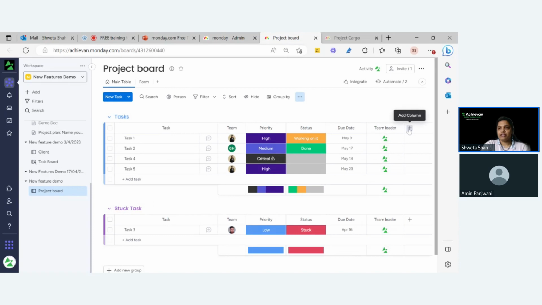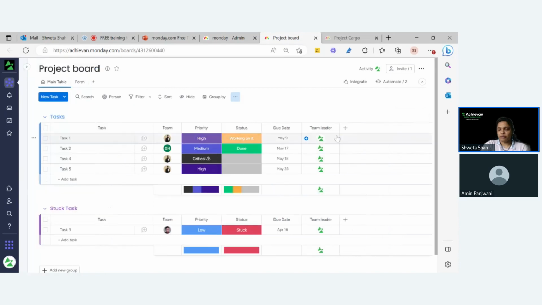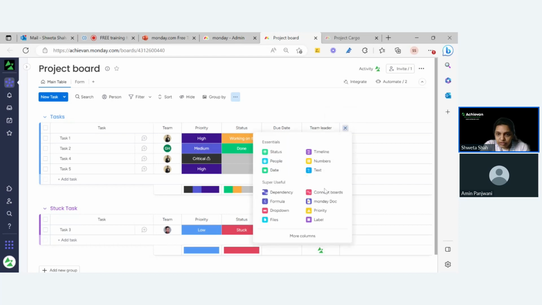So that was a problem for some of our clients, because if they had a file column, it was seen by everybody. Anybody could look at those files, right? So they had to keep that file column in a separate board, with a connection between the two boards, and it was a much more complicated workflow, just because they didn't want the file column to be viewable by everybody. But now, because Monday launched this feature, I'm just going to include a file column here,